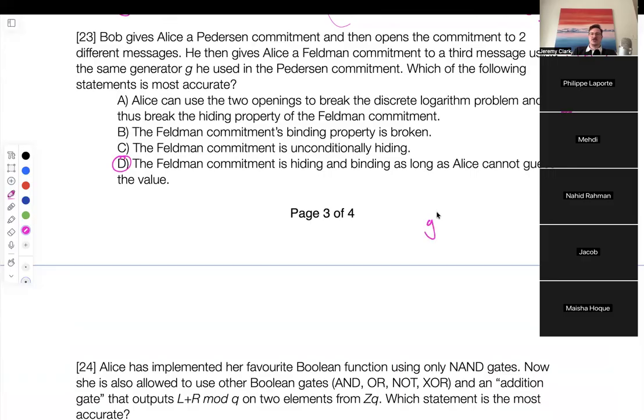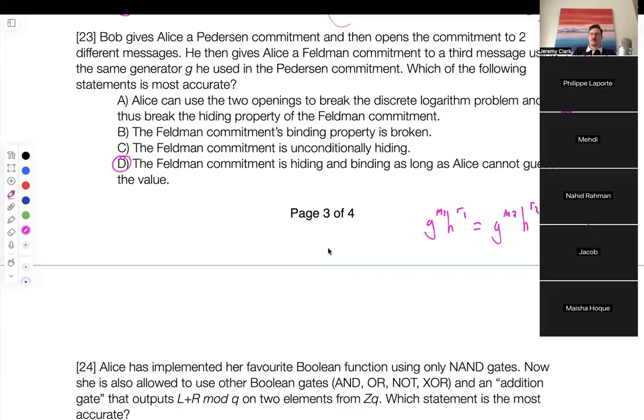So we have G to the M1, H to the R1. We have G to the M2, H to the R2. These two things are equal, so they open up to the same value. And then we have a third message, which looks like this, G to the M3. So these are all the facts that I know. Now, because these two things are equal,